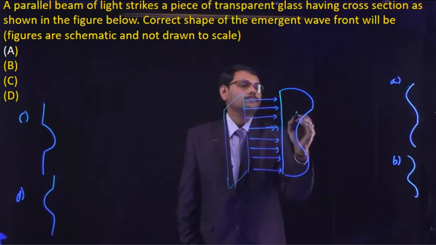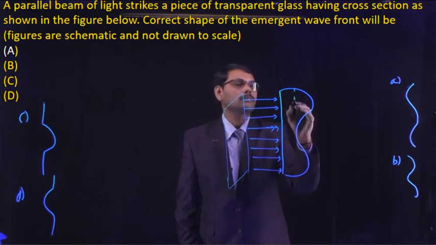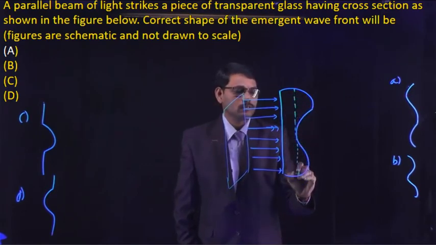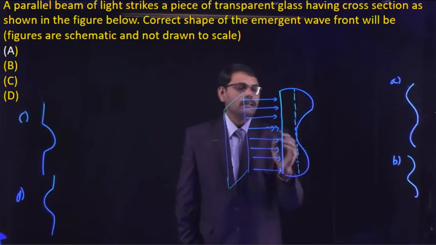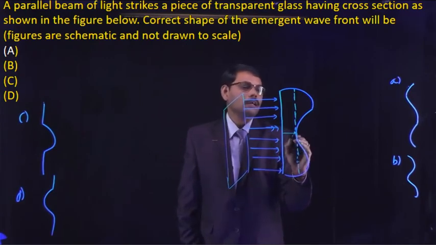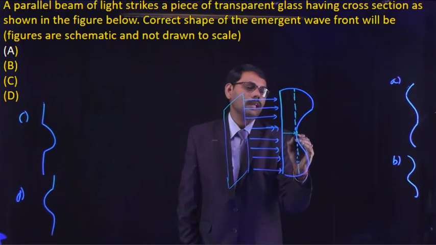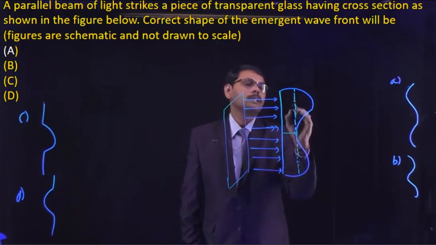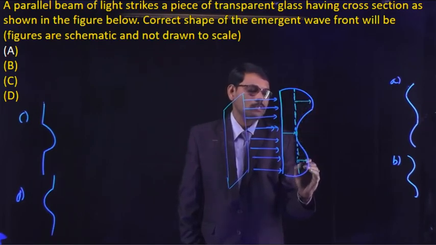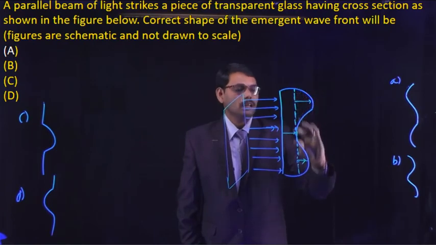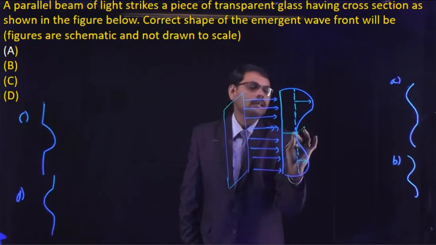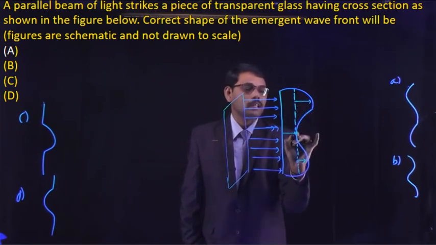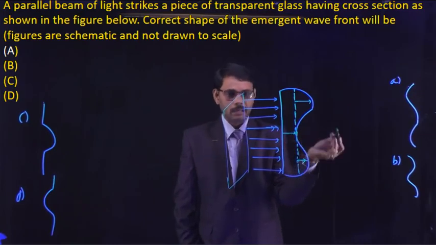Let us consider one cross section of the wave, along this line of the transparent glass. When the light emerges out through this glass and comes to the air medium, light in this region as well as in this region continues to be traveling in glass. But at the same instant, the light incident at this cross section comes out in the air medium.